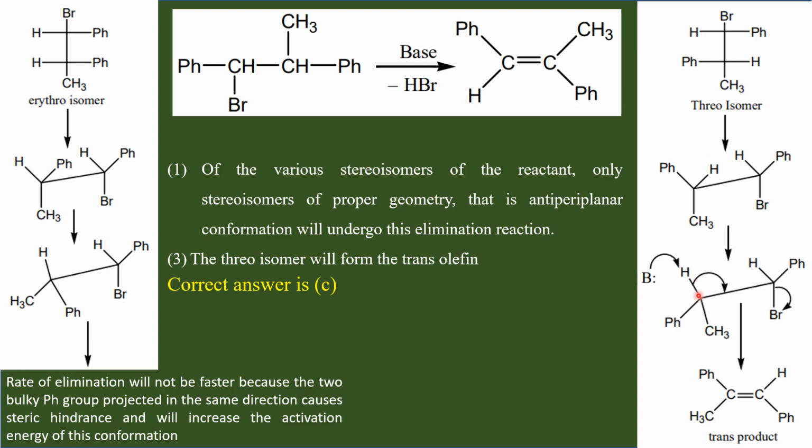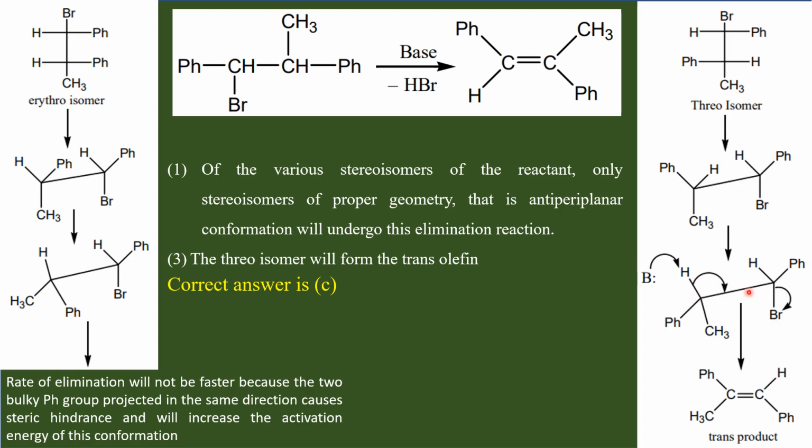So now hydrogen is up and bromine is down. And these two bonds are this bond and this bond, and this hydrogen, carbon, carbon, bromine, these four atoms are coplanar and these two bonds are on the opposite side. So these two are anticoplanar. Now when the base approaches, the C-H bond will be gradually broken and the electrons will be gradually moving here and bromine also will go out.